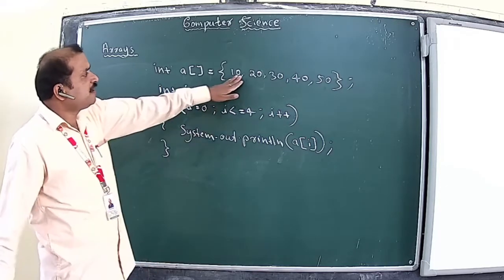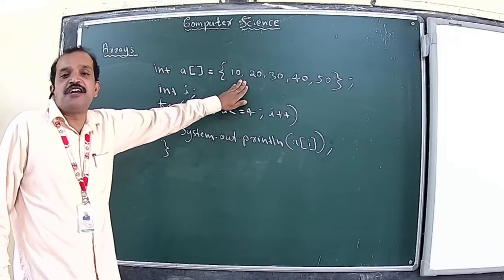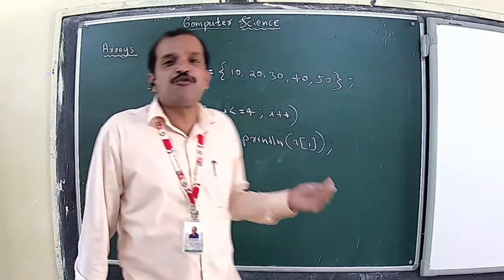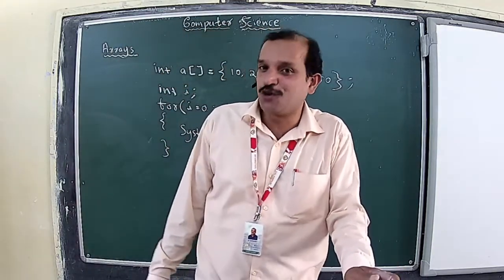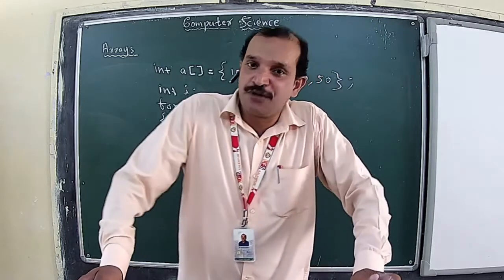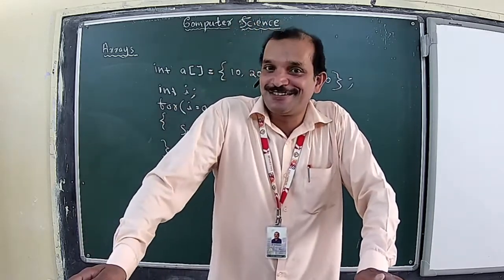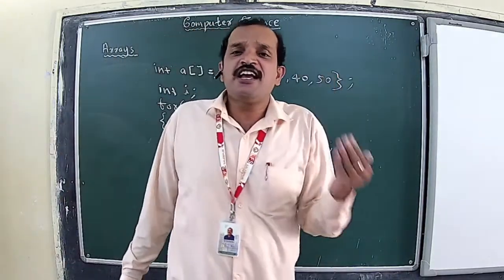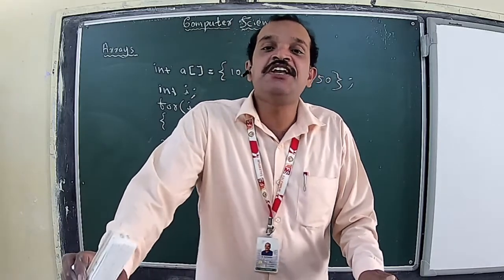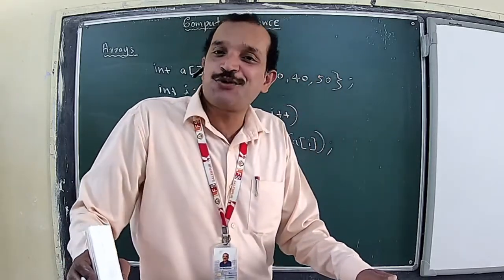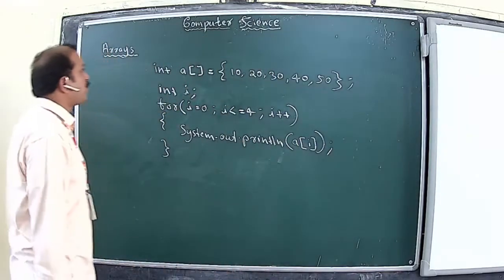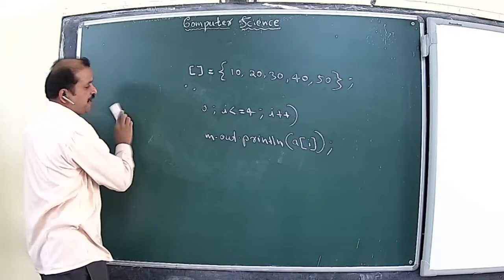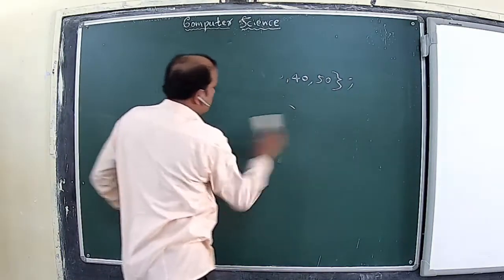Now, initializing can be done at the time of declaration, but that is not always going to be possible. We have already learned how to initialize values from the console using the various console input operations, using the input stream reader and buffered reader classes, as well as the scanner class. As part of the next example, we are going to learn how the various array elements can be initialized using console input operations. So that is the technique that we are going to learn as part of this next topic.